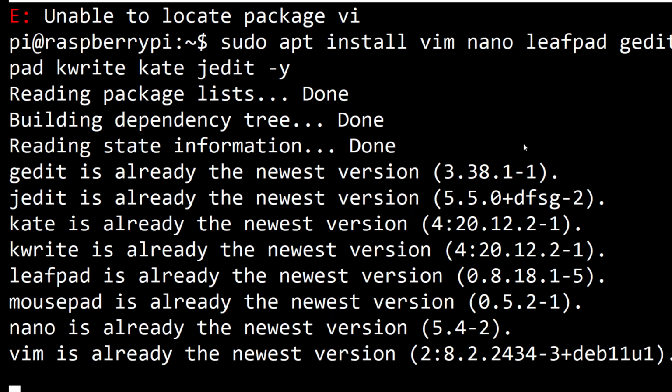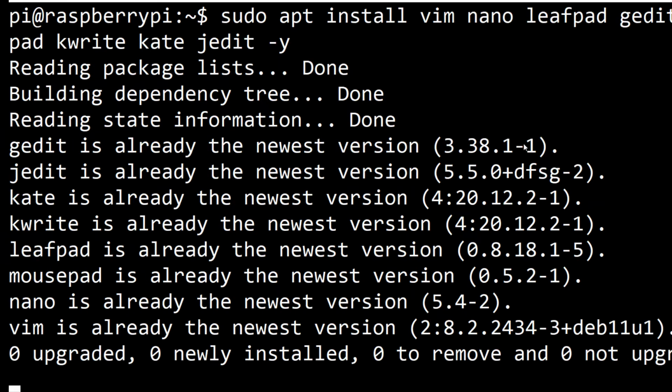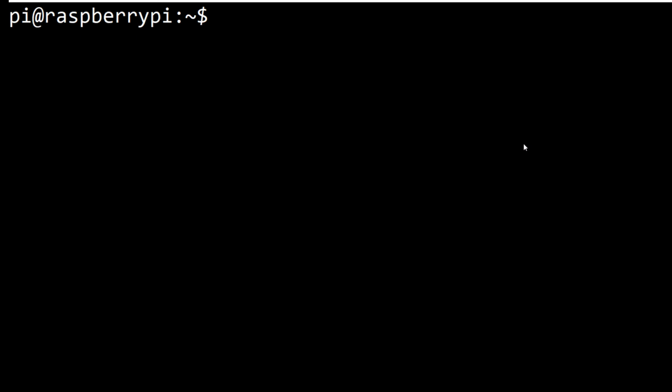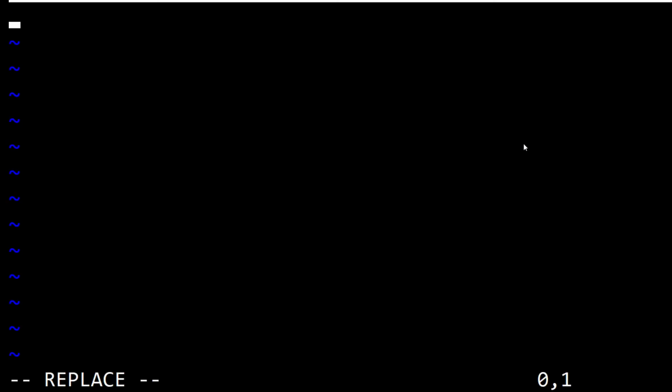For the preparation of this video lecture, I had already installed all the editors here. And let us have a look at all of them one by one. So the very first is vim or vi. This is a very simple editor and it is available by default in most of the Unix-like operating systems. And I'm actually not going to use it because using it is very difficult. I personally find it difficult. There are many geeks who find it very easy. So I'm just going to quit.